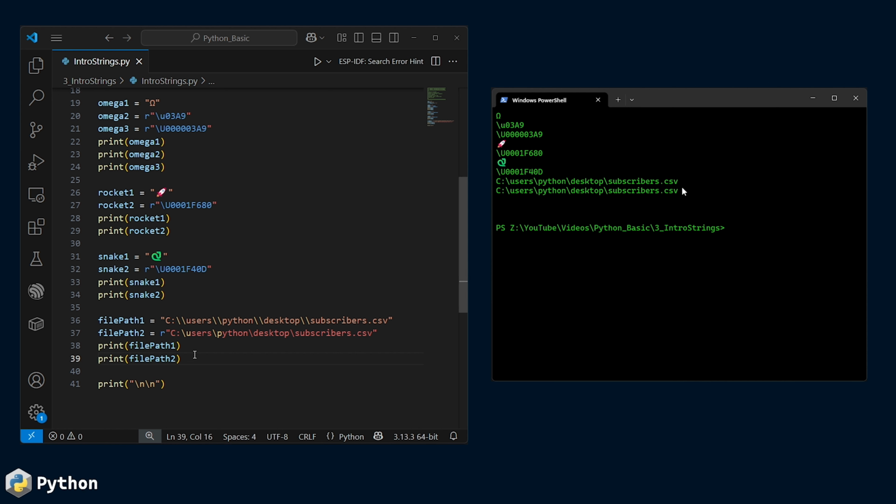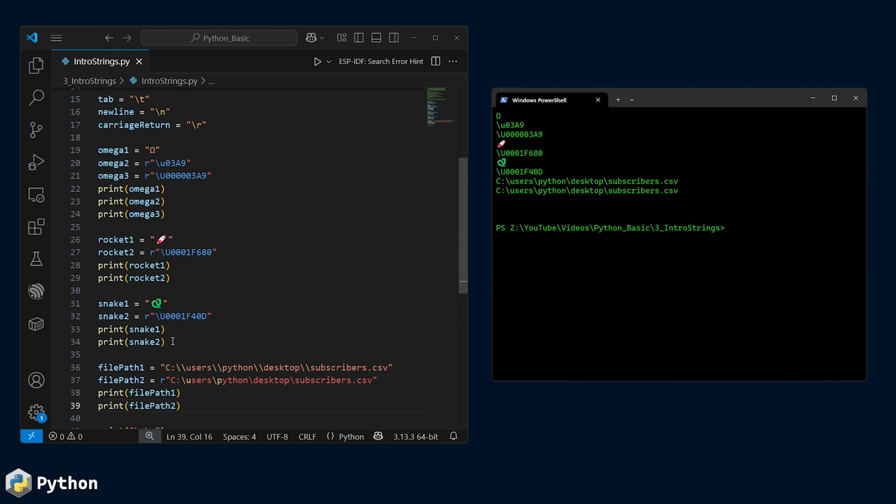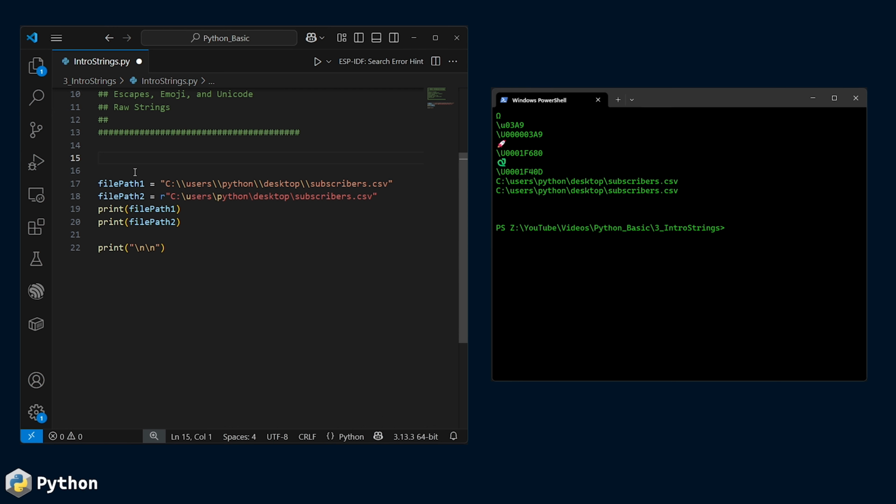Heading back over to VS Code, we're going to do one final thing. I'm going to erase all of these emojis and new lines and stuff at the top here. What if I didn't know what the file name was? Let's say the end user was providing me with what the file name is. What I can do is I can go ahead and combine F and R, and we will call this file name equals